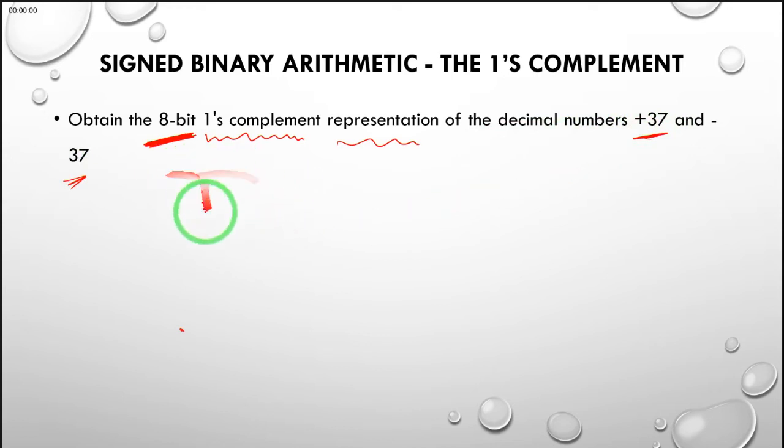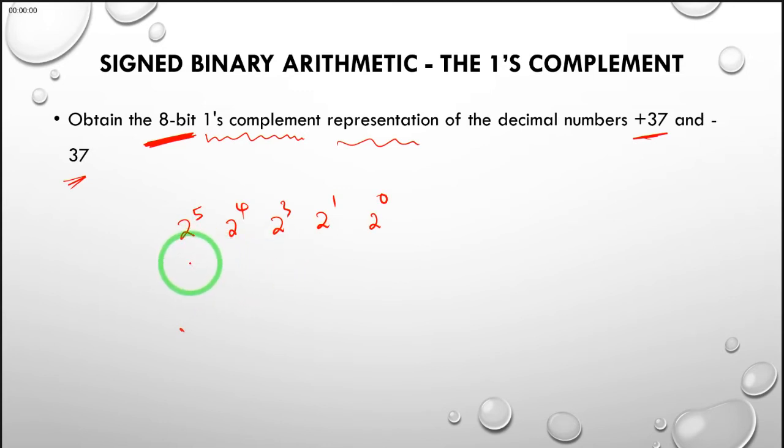So the same way we did the conversions of decimal numbers to binary numbers, you can use whichever method, be it repeated division by 2 or the positional weights. I prefer the positional weights because I am able to know that the multiple of 2 that is less than 37 is 32, which is represented by 2 to the power 5. So I would start with 2 to the power 5, 2 to the power 4, down to 2 to the power 0,